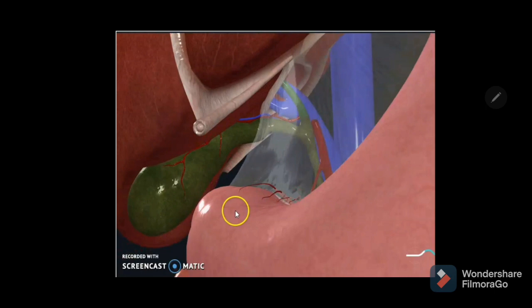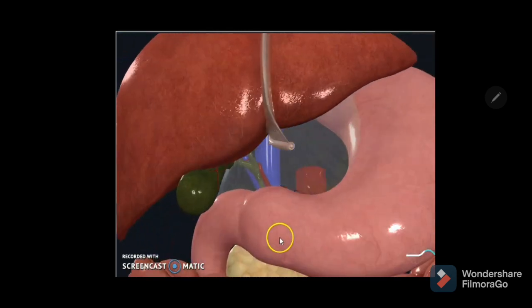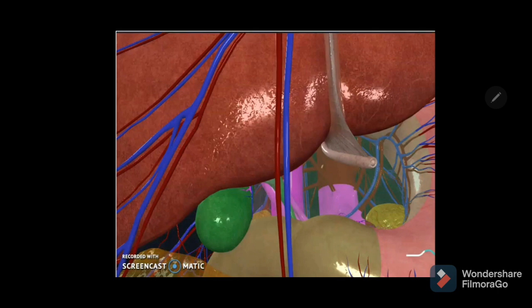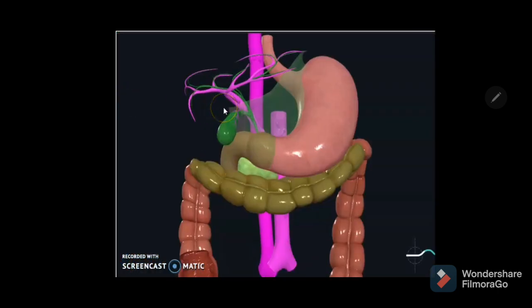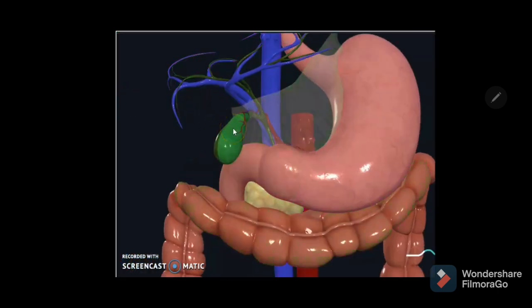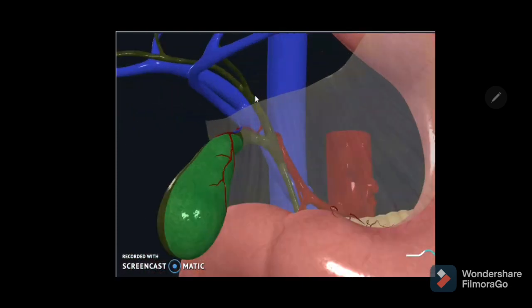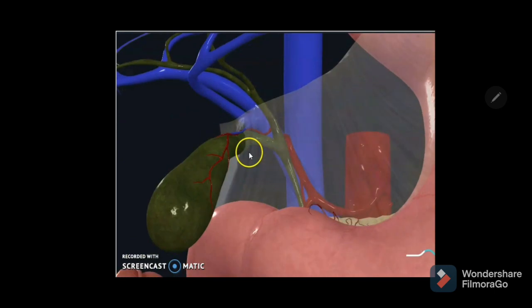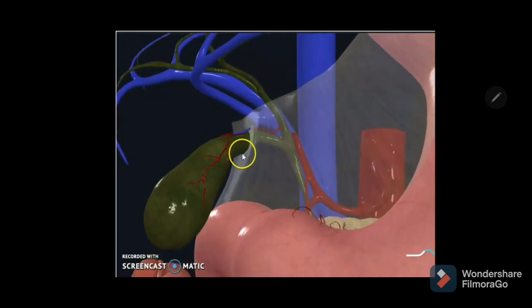So here is the inferior vena cava, that is the portal vein, and as you come down, now coming to the gallbladder, what are the relations of the gallbladder? You can see the different parts of the gallbladder, how they are related there. You can see the cystic artery and cystic vein, that is the cystic duct, going to join with the common hepatic duct to form the common bile duct.